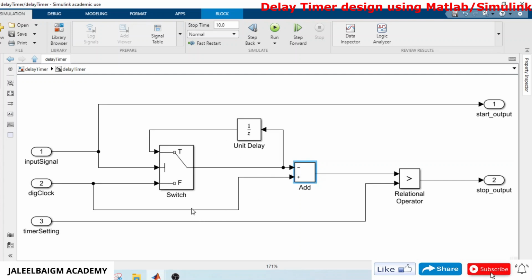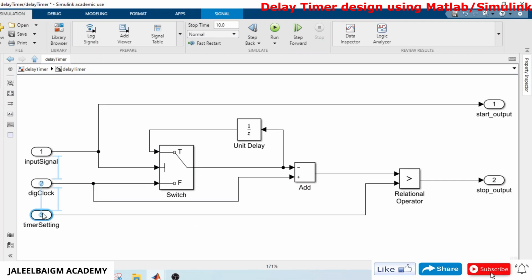The digital clock input is also connected to the switch as well as the addition block, and this timer will compare whether the time has completed or not. There is a relation operator to compare the timer setting with the ticking clock.